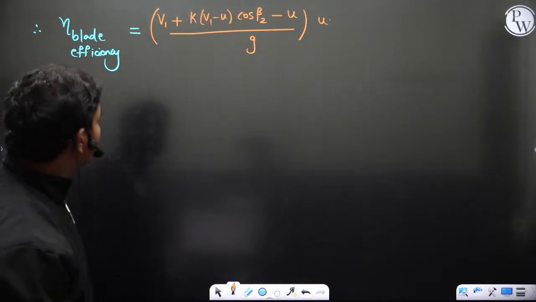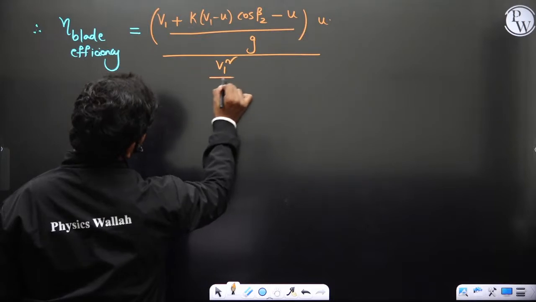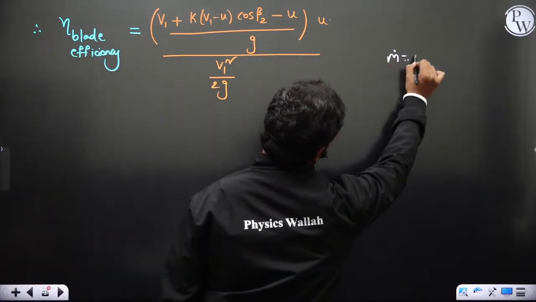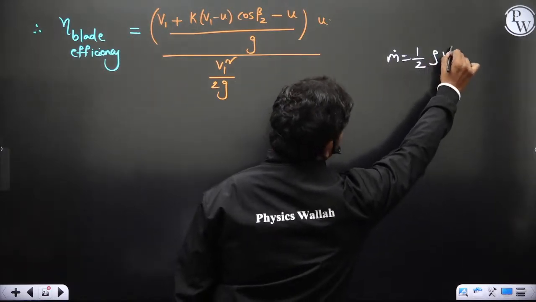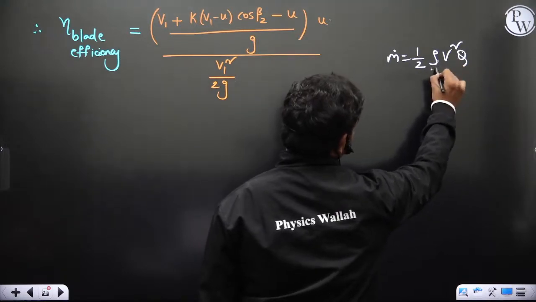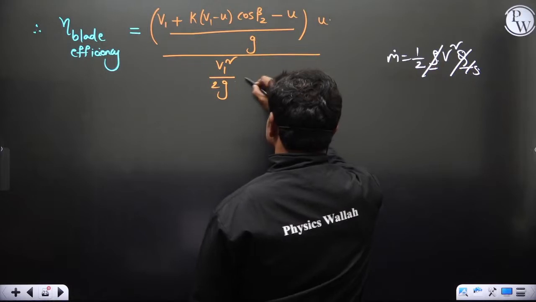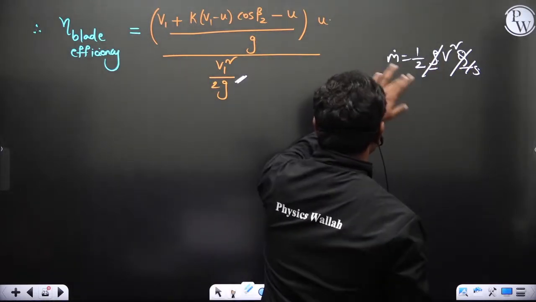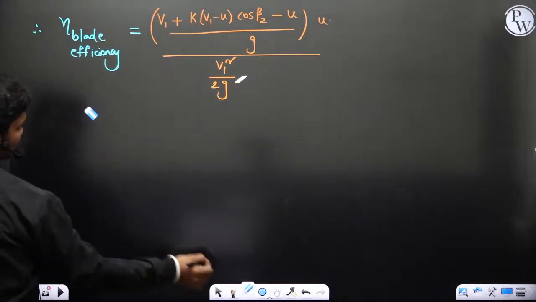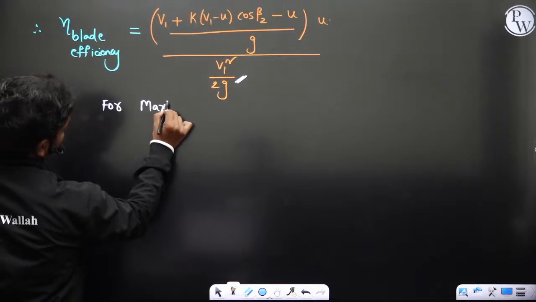Now let's see one thing, divided by the total energy per unit weight, so v1 square by 2g, correct? Because normally the kinetic energy of any fluid which is coming in, m is equal to half rho v square, then per unit discharge, this is actually into discharge also, because density into discharge gives you mass. So per unit weight of the fluid per second, you will be left with v1 square by 2g, okay. So if you do this as v1 square by 2g, you will identify from simple basic differentiation for maximum blade efficiency,